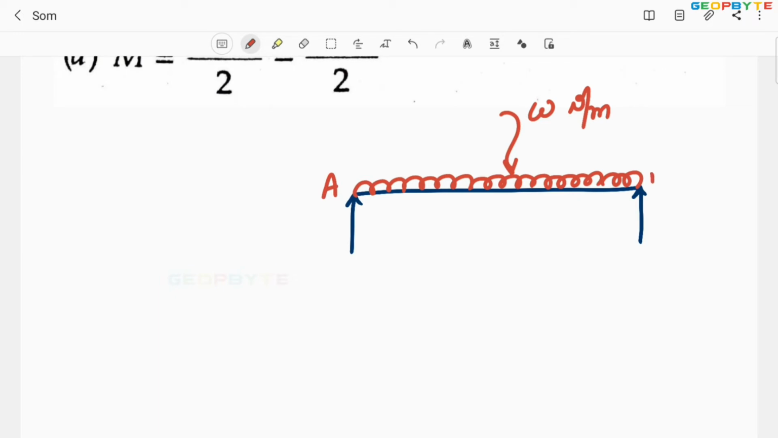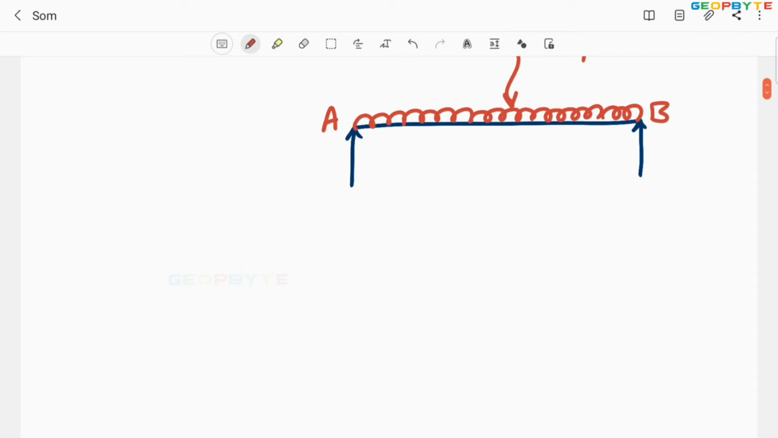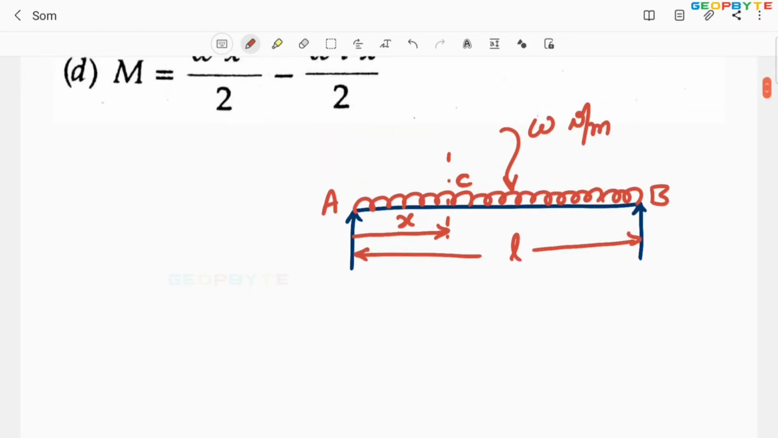A is one reaction, B is the other reaction. Assume L is the total length of the beam. You are asked to find the bending moment at a distance of x from the left support. Indirectly, you are asked to find the bending moment at C. Then first let us find RA and RB. RA plus RB,